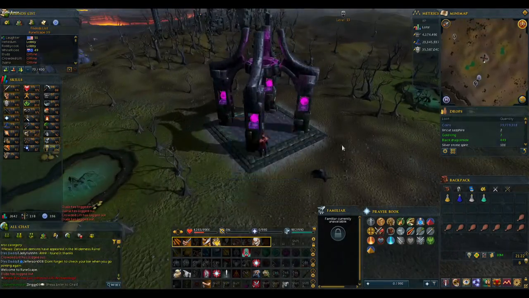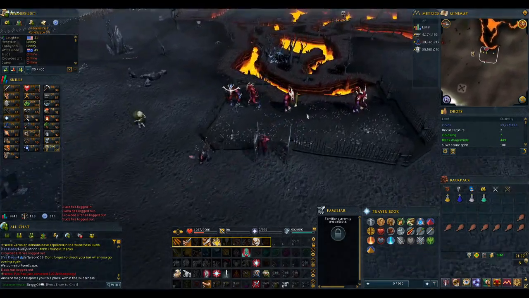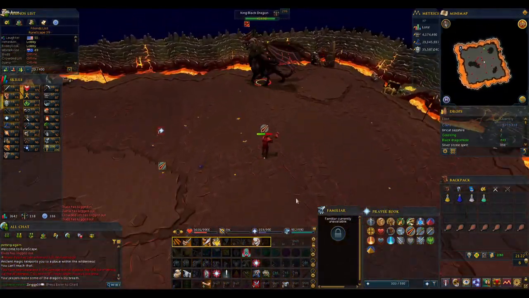The old way is to run up to 45 wilderness, go down the ladder, and pull the lever. Doing this will get you a 10% damage buff against the KBD, but honestly, I don't think it's worth it. The easiest, and in my opinion best way for you to get your first kill will be to teleport to